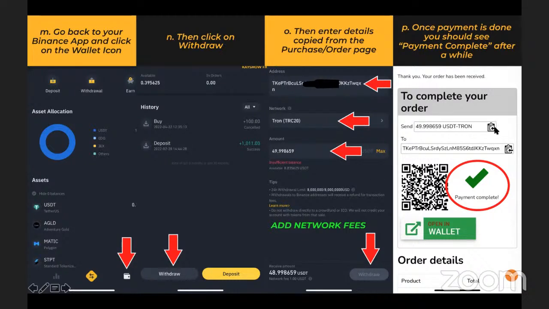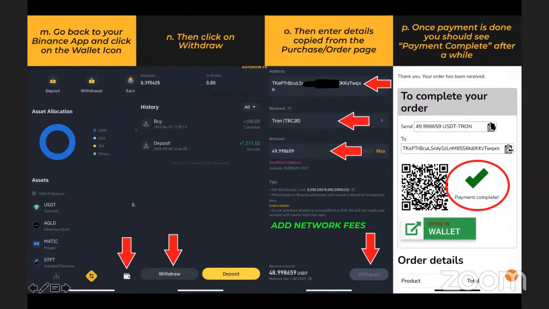So by the time you copy this amount here and you paste it here, just go to the 49 and change it to 50. If it was 25 point something that you copied here, by the time you paste it here, just change it from 25 to 26. So that by the time Binance removes the $1 network fee, it would come back to the fee that was here. Okay. I hope you understand that. If you understand that, drop in 777 in the chat box. So don't forget to add an extra $1 here so that by the time Binance removes their $1 network fee, it will change back to the amount here.